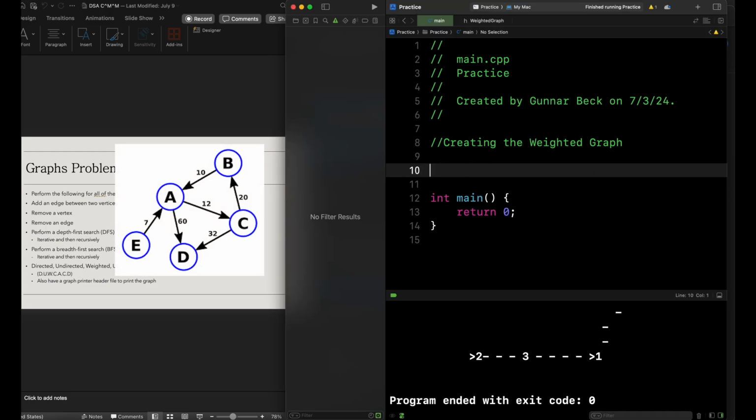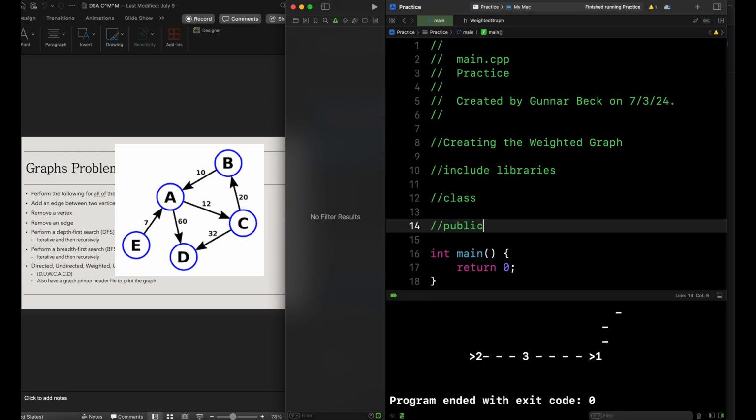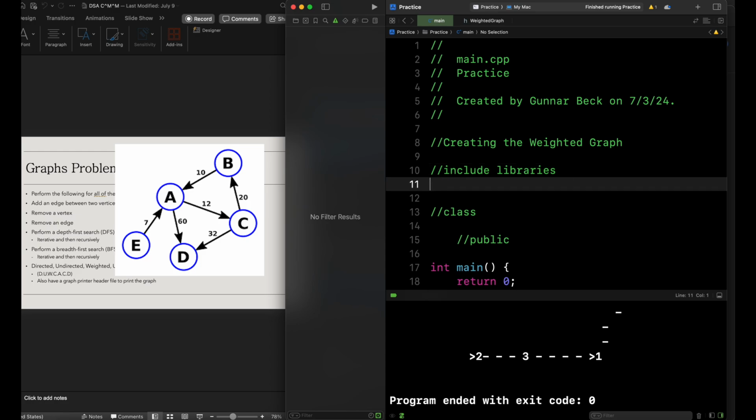So in order for us to actually get started, the first thing I'm going to do is include our libraries, and we also have our class as well, making sure we have a public instance at the same time inside of our class, so that it can be called upon by different functions throughout our C++ main file. So the libraries I'm going to have included, there's going to be about